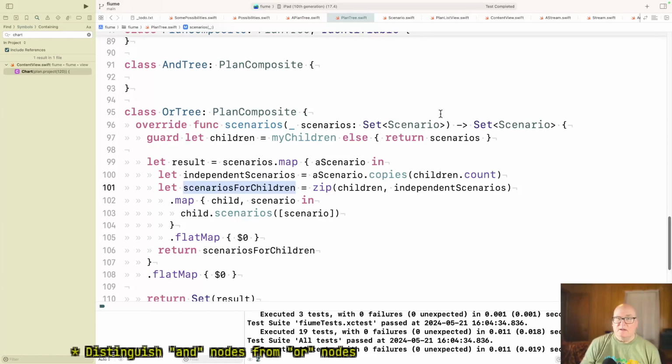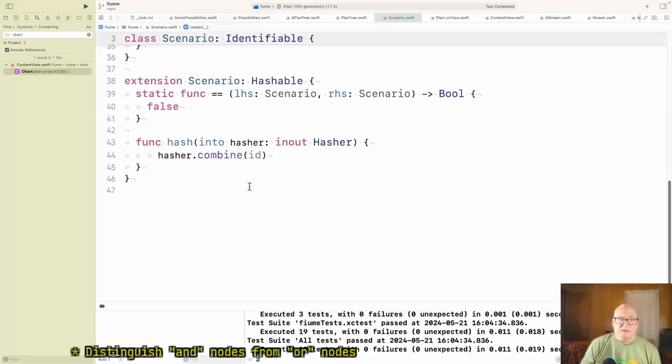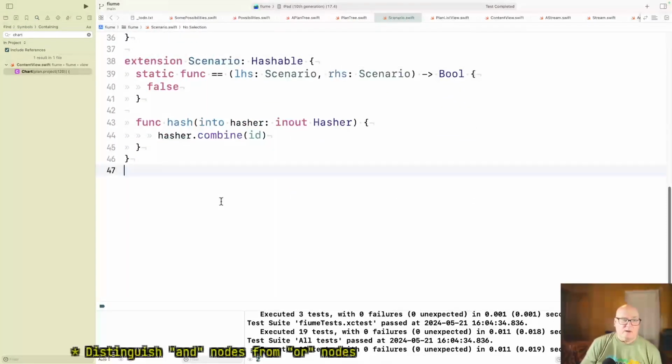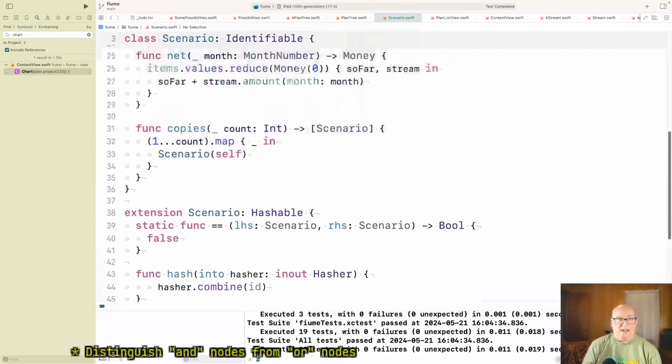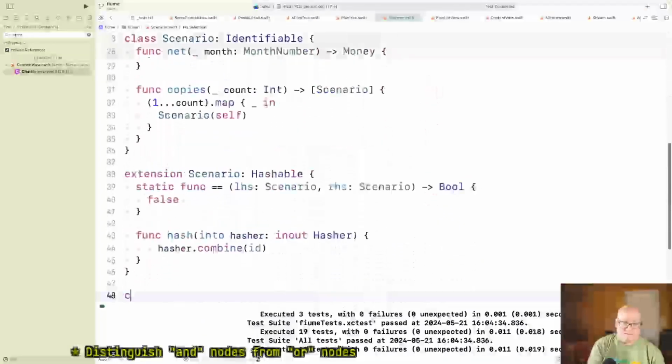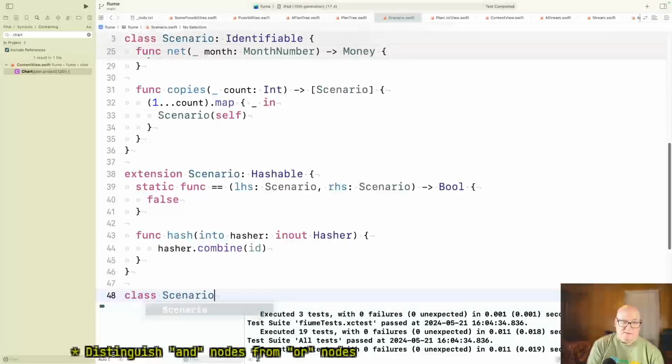Okay, so I think we'll put it in scenario for a while. So this is class scenario set. A scenario set sure sounds like a lot of possibilities to me too.